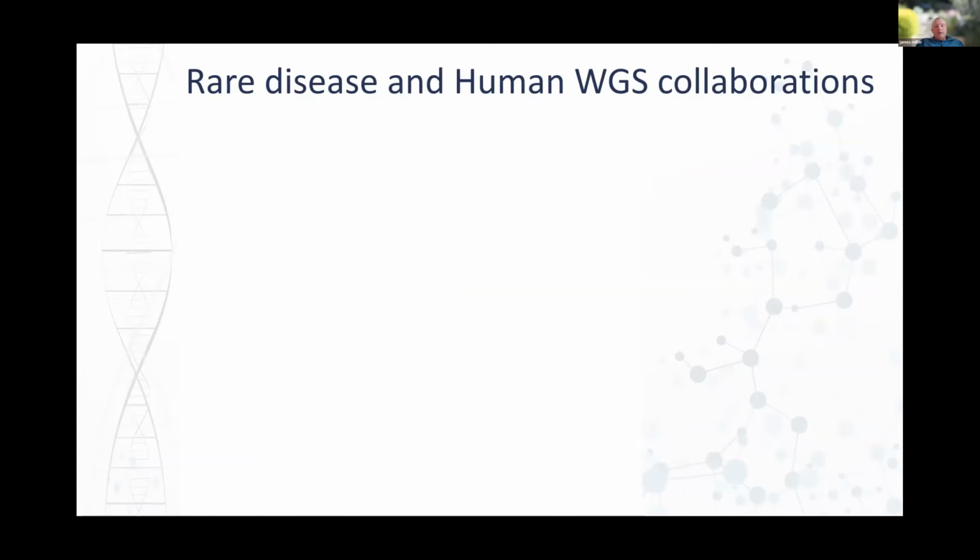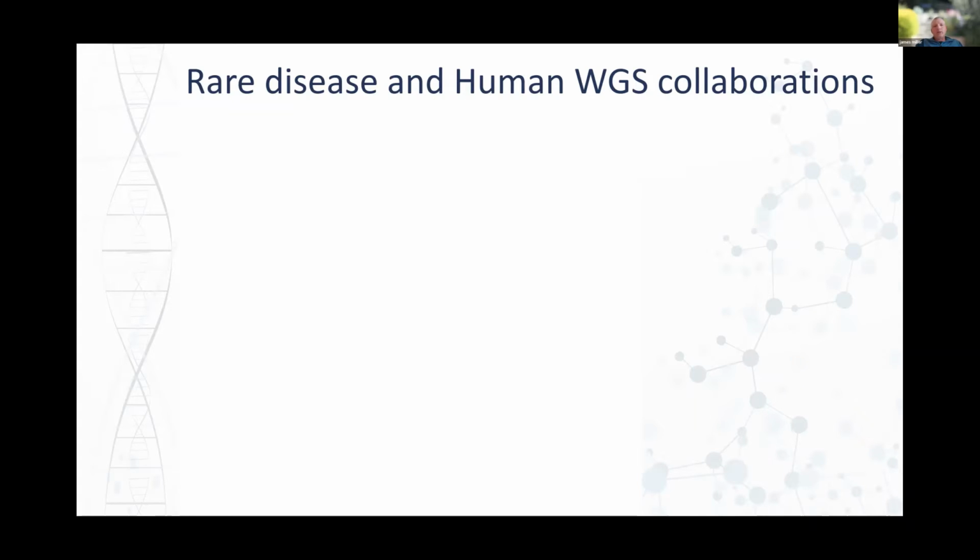In human genetics, human whole genome sequencing, PacBio has a particular strength in rare disease. There are a lot of groups now finding that there are many unresolved rare and inherited diseases that short read sequencing just hasn't been able to resolve. 50% or more, even up to maybe 3/4 of diseases that we know are inherited. You throw all of the short read sequencing at them and you can't find the causative gene. So there's a lot of interest now in using PacBio to do comprehensive variant calling across a